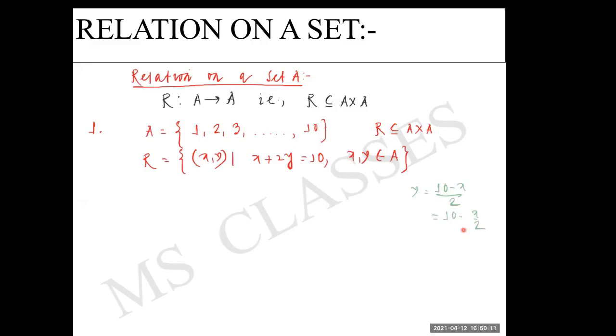Now, here, when x is an even number, then only it is possible to get y. Why? Because you try to understand, in the set A, you have only the natural numbers, children. So, if you want to get natural number, this has to be completely divisible. That means x has to be an even number. So what are the possibilities? If I put x as 2, it is okay. Why? Because 2 is an even number. 2 by 2, 1.